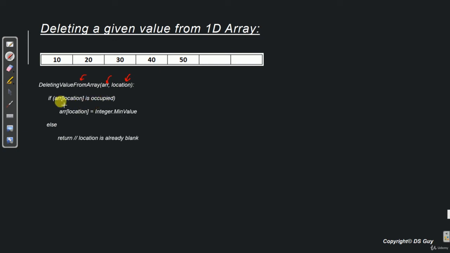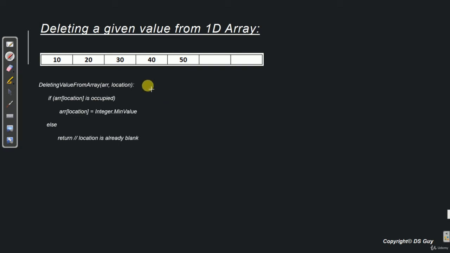Now the condition is, if the location in that array is already occupied, then we update that location with Integer.MIN_VALUE, which we already said is the value 2 to the power 31 with a minus. Else we return. Why return? Because the location is already blank, or you can say the default value is already there.